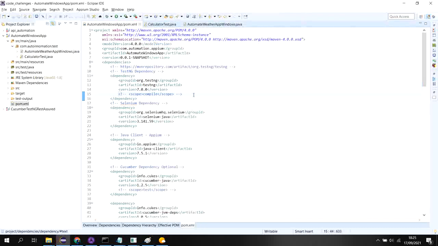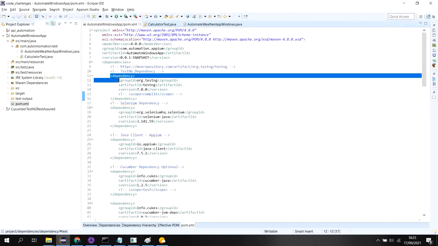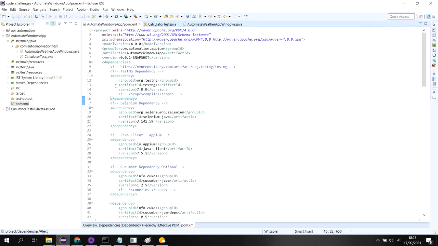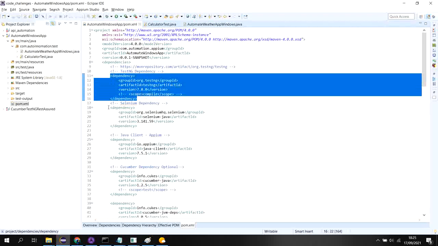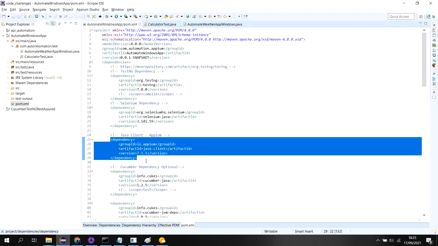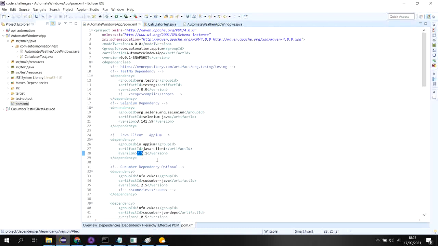Okay, after that I am adding some dependencies. I will provide the dependency details in the description, and you can use those dependencies. So this is the TestNG dependency. After that I have added the Selenium dependency, and this one is the Appium Java client. I am using the latest Java client jar, 7.5.1, which is the latest stable version released.